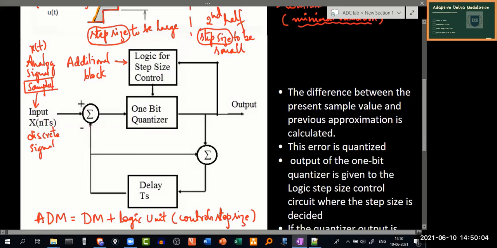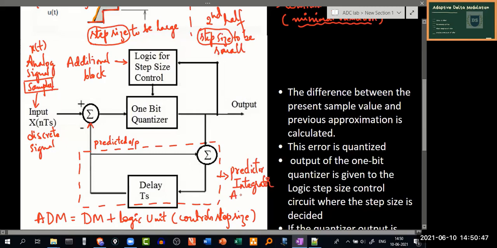Now we have this discrete signal and we are passing sample by sample values onto this first summer. And what other input can I find here? This is our predicted output. We can call it that because I can call this entire unit a predictor. In a few textbooks they call it a predictor, in a few textbooks an integrator, and in a few other textbooks an accumulator.